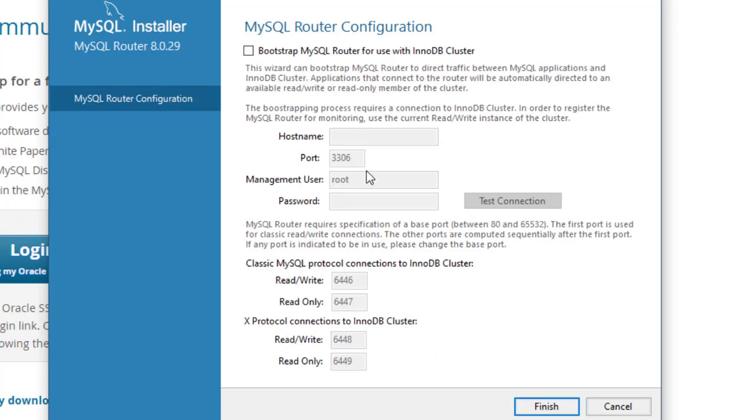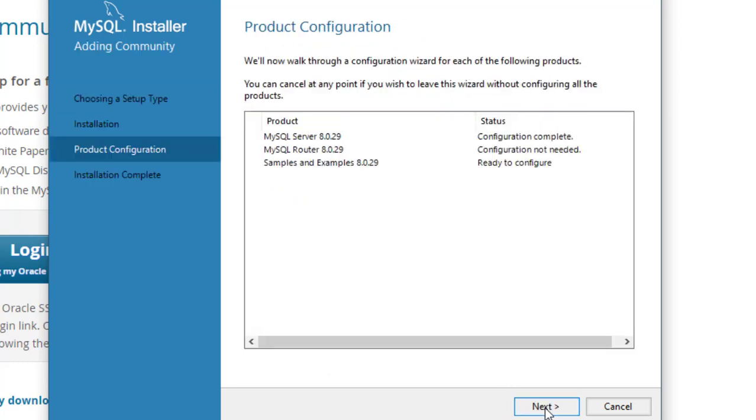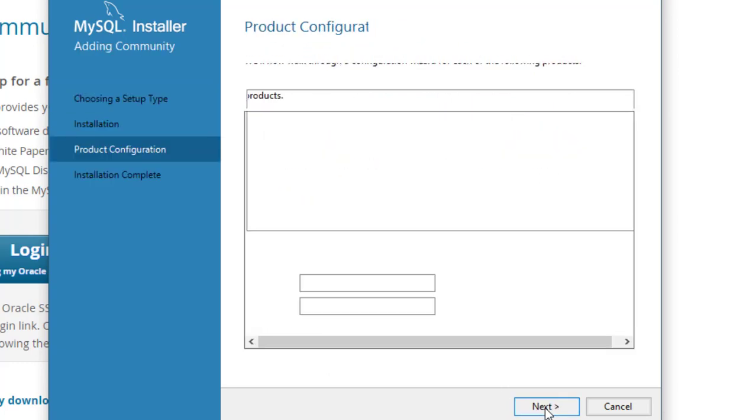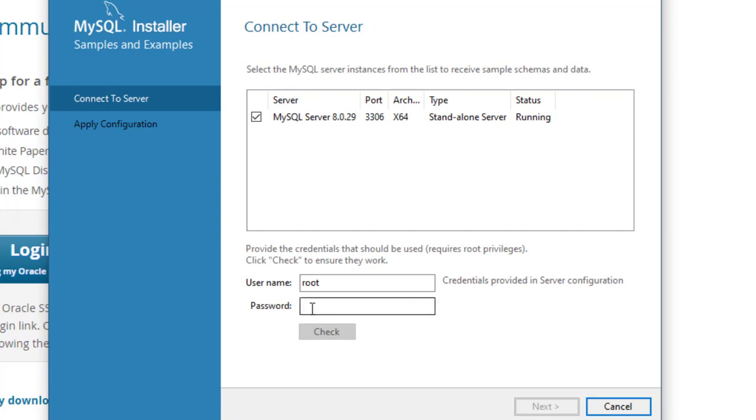Next, bootstrap MySQL router, just click on finish, and the password, and then I'll just put as admin, check, connection succeeded. So this is what is the check you have to do with the password,